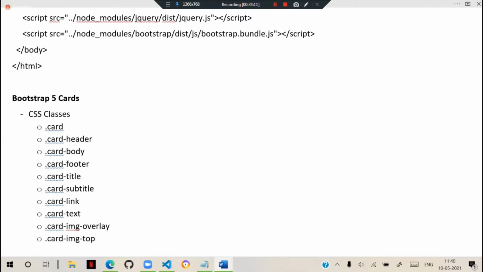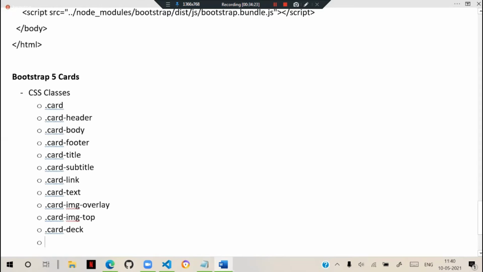And generally all the cards can be kept in one location and defined in one location. That is, we have card deck, which is nothing but responsive. So you can keep all the options in a card deck with responsive. These days, we can design them in columns, and we can keep them in the columns also.